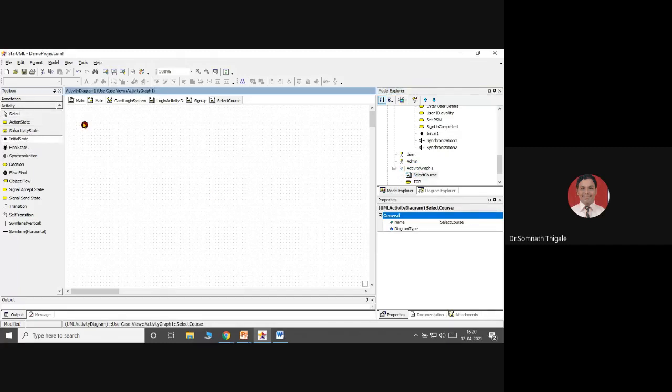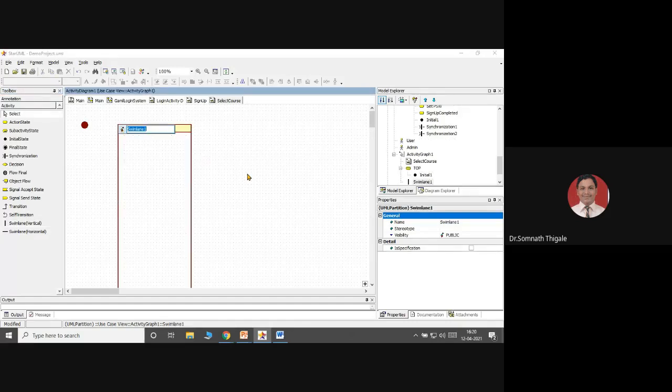Action set, start. Okay. Just imagine I'm a third year student and I want to select the five courses for a particular semester, but the condition is that three courses must be compulsory and there are elective courses. Out of those four elective courses, you have to select any two courses. So total five courses in that style you have to select. In that case, we can use the swim lane options, meaning OR conditions are there. So the first option is select course.